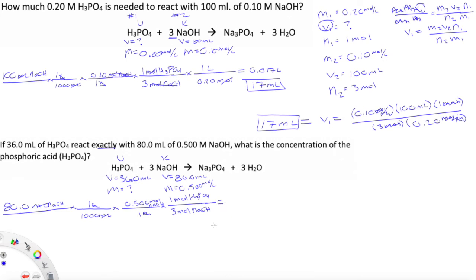And with this particular problem, since it's asking me to calculate a concentration, I just really need, with this step, to figure out how many moles of phosphoric acid were required to react. Because if it tells me how much volume I have, then if I calculate how many moles, then I can just divide the moles by the volume, and that'll tell me what the molarity of that solution was. So if I stop here and I hit enter on my calculator, then this tells me that I have 0.0133 moles of phosphoric acid,